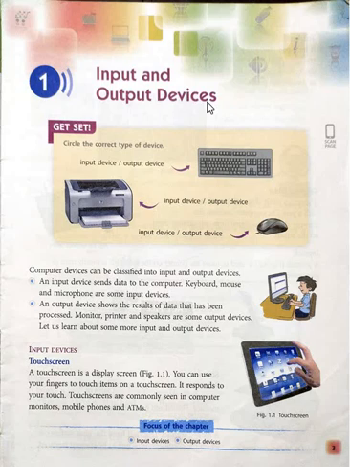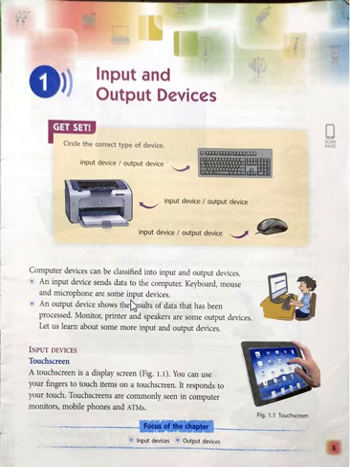We already learned in the previous class about the other parts of our computer. In this chapter, we have to learn about the input devices and output devices which are used in our computer. You can see in this picture input devices and output devices. This is keyboard and this is the input device, and this is printer, this is output device. Mouse is also known as the input device.